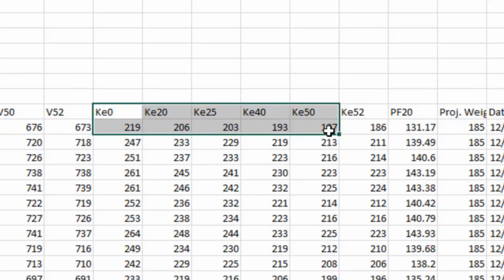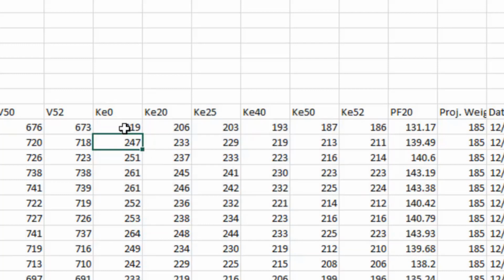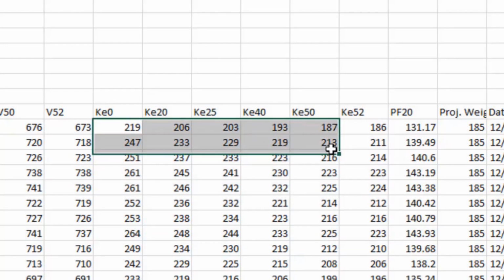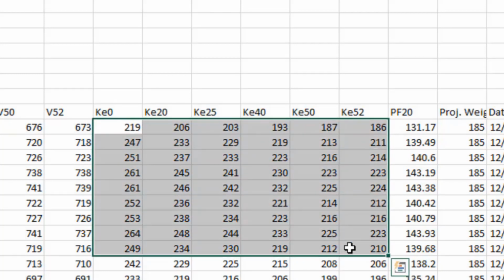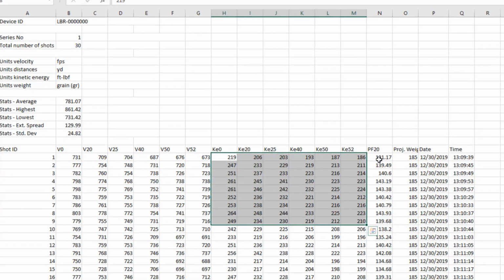Over here is your kinetic energy. These numbers here are not in joules, they are in foot-pounds, as our legend told us.